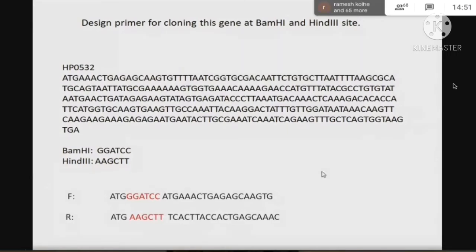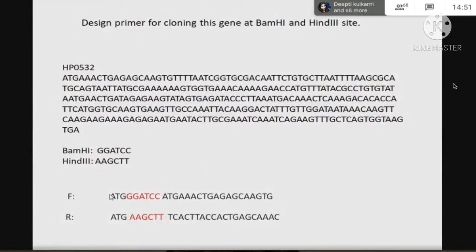So we have to calculate annealing temperature, and we should take the mean of that melting temperature, and then take 5 to 10 degrees lesser than that. So we perform PCR. We design this primer and send it to the company, and that company will send us a powder of this primer. Now we dilute it, and then we perform PCR, in which we add those PCR steps, and through the PCR machine we do PCR.